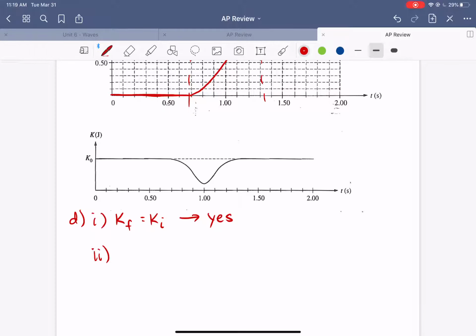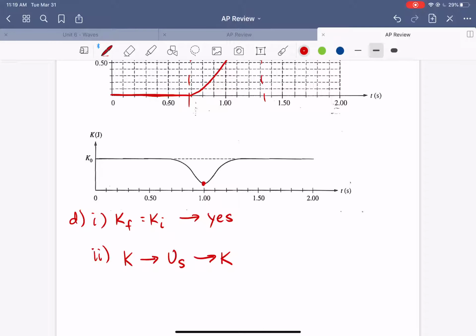Okay, so lastly, briefly explain why there's a minimum in the kinetic energy right here. When this collision happens, there's a spring between the carts, and when the 2 carts collide, that spring gets compressed, and that means it's going to store potential energy. That potential energy has to come from somewhere, so the kinetic energy of the carts is going to decrease. So essentially you have this transformation of kinetic energy to spring potential energy, and then back to kinetic energy as the